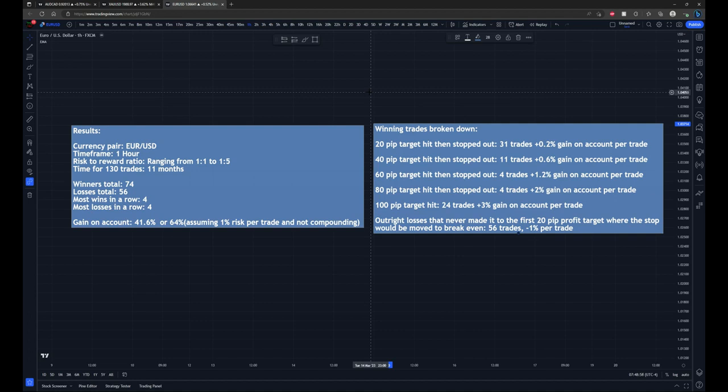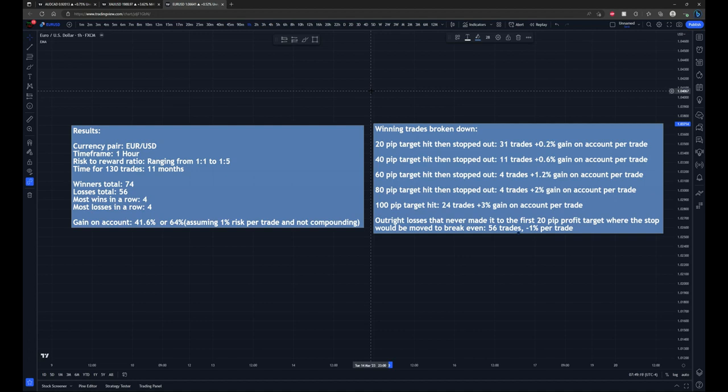The time for 130 trades was 11 months, which is pretty standard for a 1 hour time frame test. And the total winners was 74 out of the 130, and the total losses 56 out of 130. The most wins in a row was 4, and the most losses in a row was also 4. And the gain on the account figure,